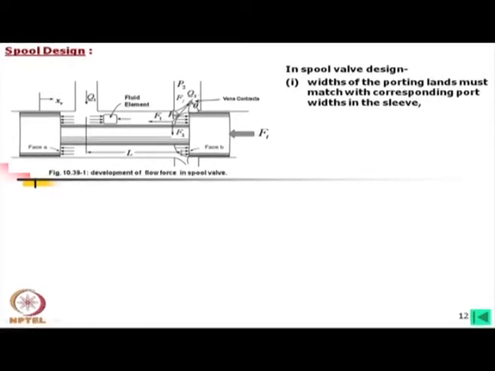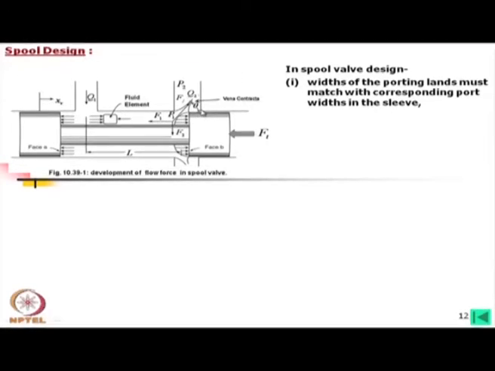In that case, this width must be equal to the width of this land. And critical center valve is preferred due to the quick response time over the null point. However, maintaining such dimension is always difficult, because not only that, but also we have to maintain the distance between,